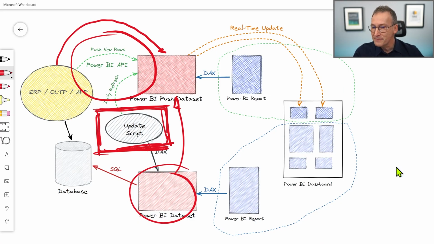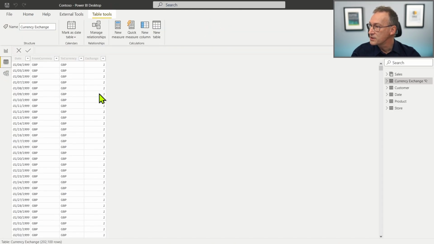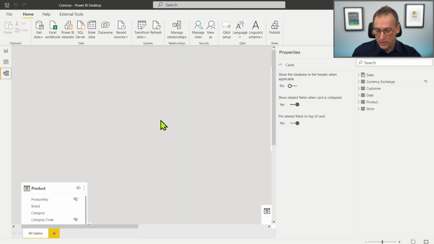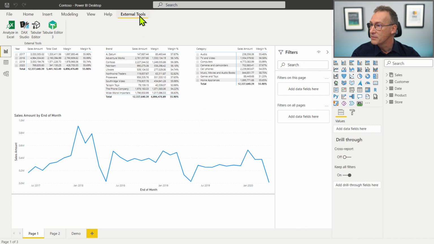We can go back here and first of all, how do you retrieve the Model.bim? Because we said you need to use Model.bim. And what is Model.bim? Well, Model.bim is the description of a model. Here we have a regular Power BI file that contains some tables with their own diagram, and this is a regular import mode. If you want to move this to a push dataset, you need to extract Model.bim. And there is no way you can do that from inside Power BI. But you can